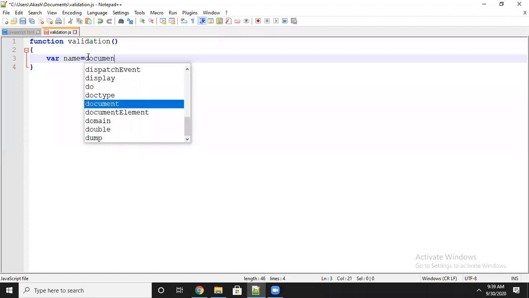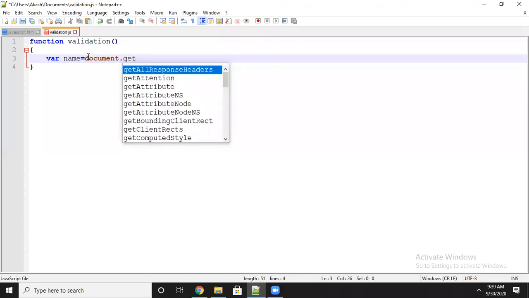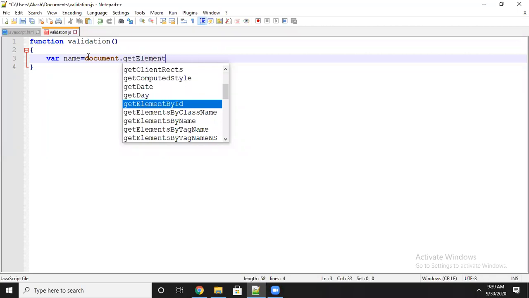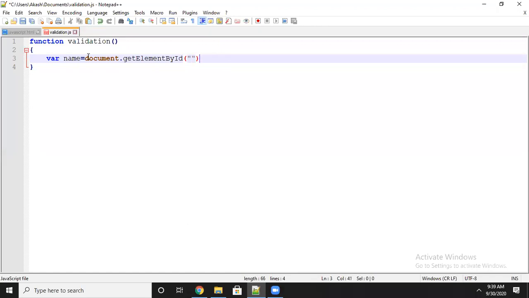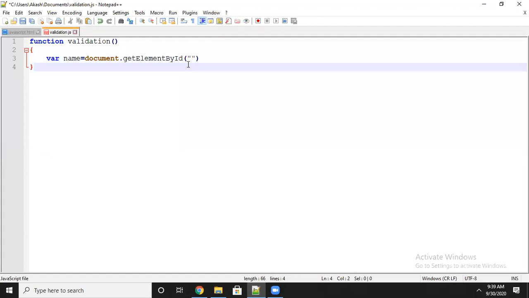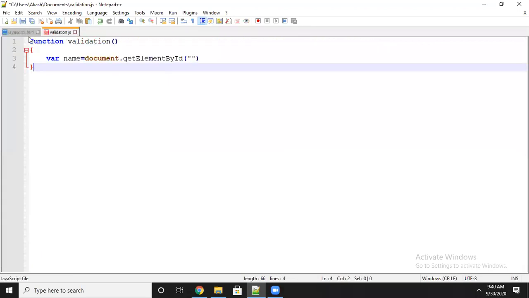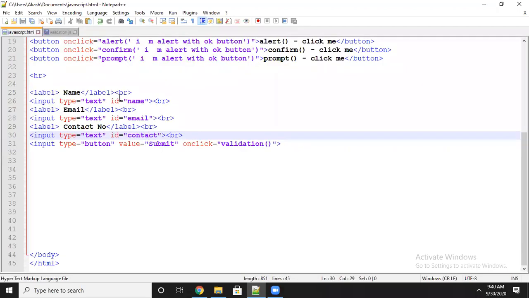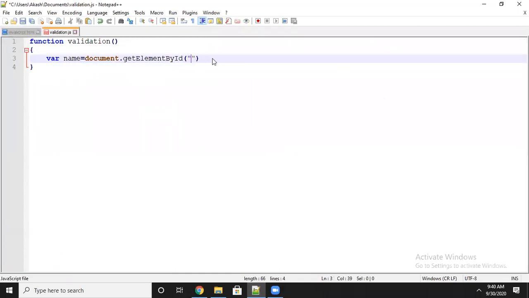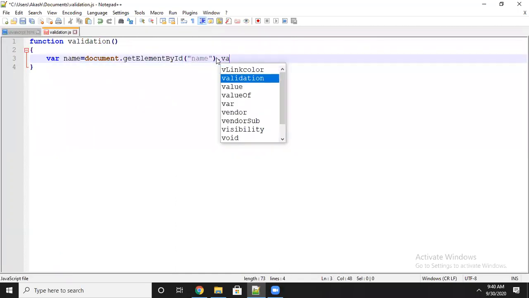You have to use document.getElementById. What happens here? It will capture the respective ID attribute. The ID name is name, because I took the first one as name. I will use name dot value.